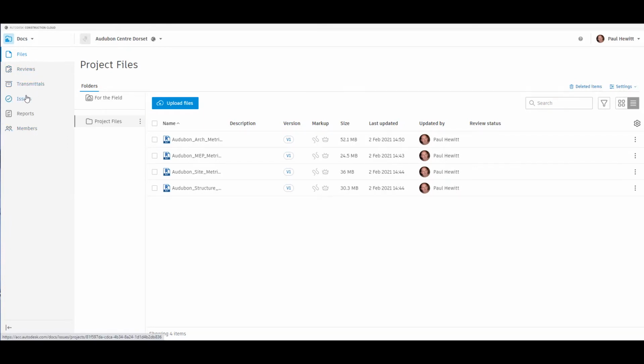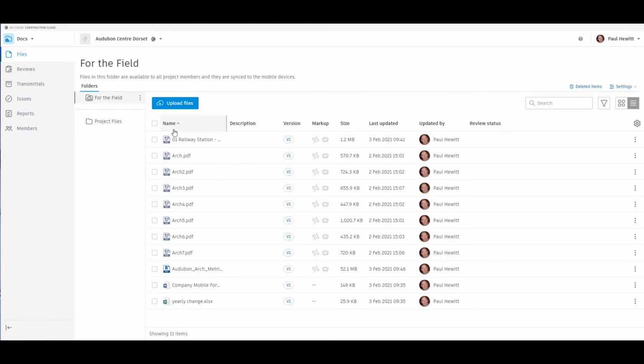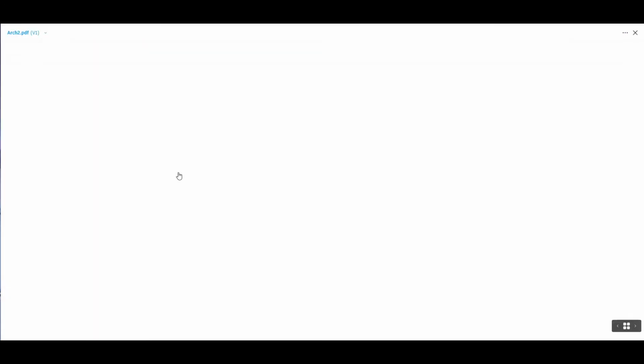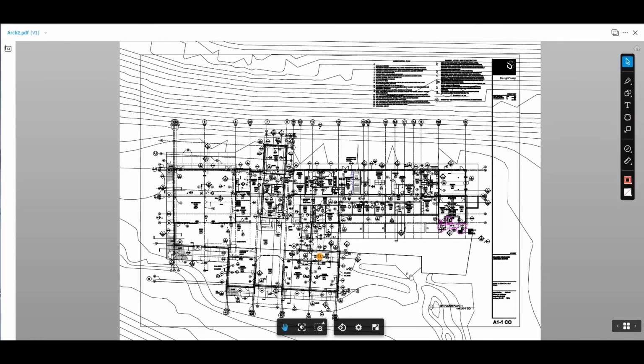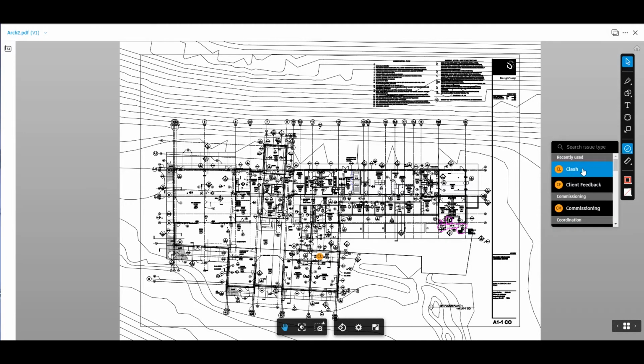So in the docs we've also got the ability to create reviews, transmittals, issues, reports and our members section. Going back into the Files area, by opening up a PDF, you'll see how quick the viewer is. Inside the viewer we have plenty of tools allowing us to mark up, measure and create issues. If we want to use the measurement tools, the first time we just need to calibrate the measurements by picking 2 points and then specifying what those 2 points are,